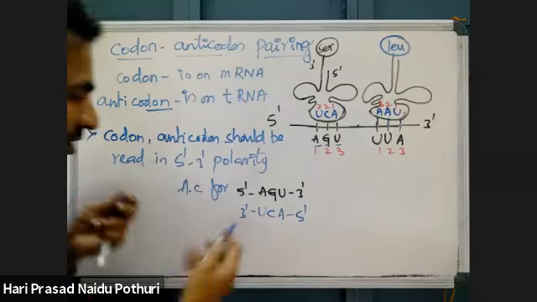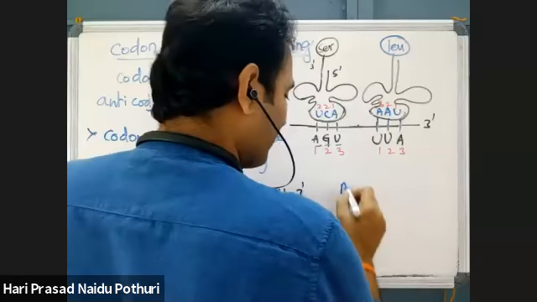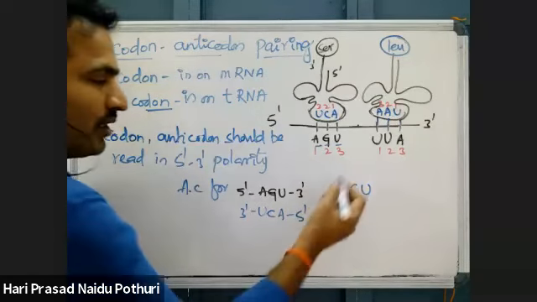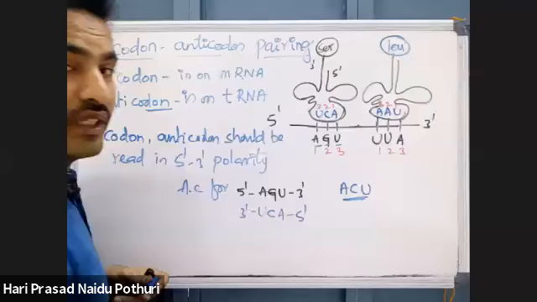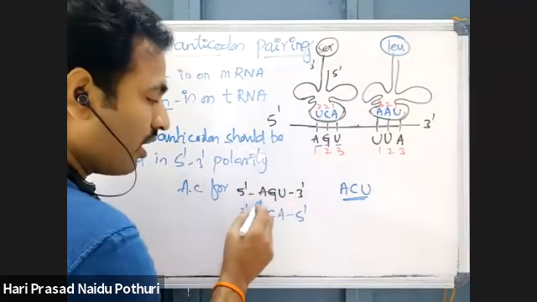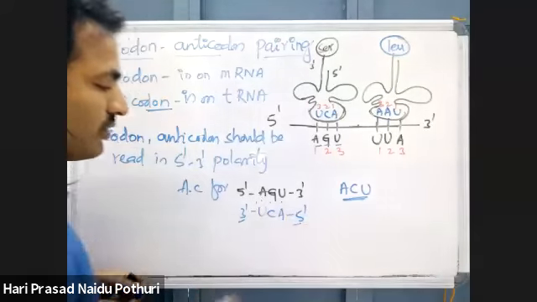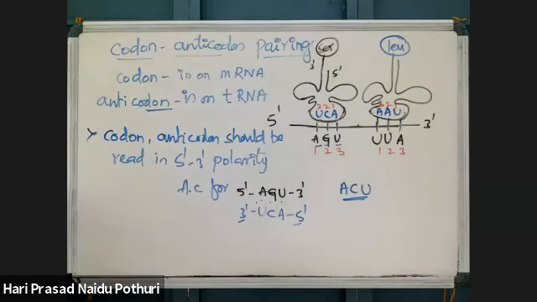But we need to write 5 prime to 3 prime now. So as it is, we are writing 3 prime, 5 prime to 3 prime. If we write like this, again we get confused. Here AGU is there now. How ACU? Like that we may get confused. So we can use the 3 prime and 5 prime ends before a codon or anticodon, whatever it is, because a codon or anticodon should be read in 5 prime to 3 prime direction only, because numbering of nucleotides we always give from the 5 prime end only.